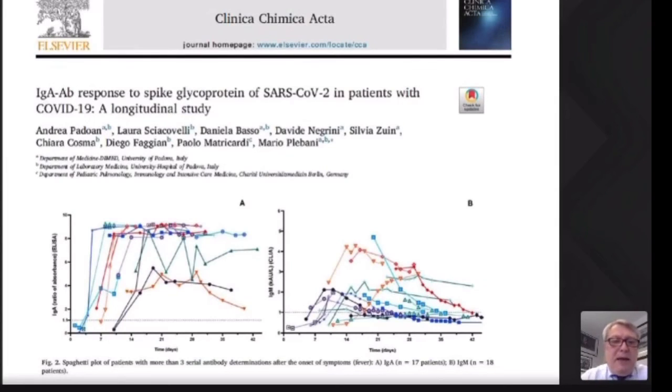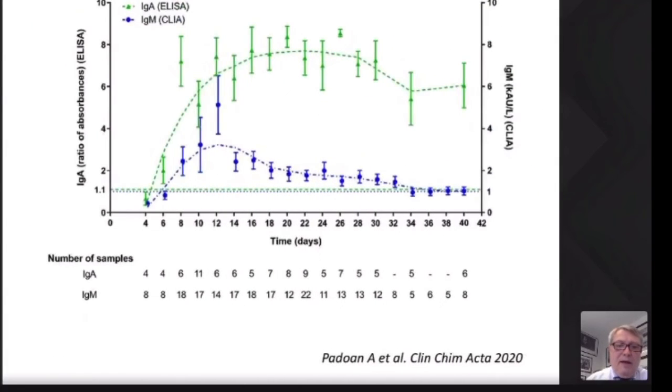In another paper, we have evaluated the IgA antibody with a test measuring the spike glycoprotein of the coronavirus. You can appreciate in this spaghetti plot the behavior of the IgA on the left and the IgM on the right side to better understand the kinetics of the different specific antibodies. And you can better see in this slide the kinetics of IgA, which seems to give us an earlier indicator than IgM, and they are